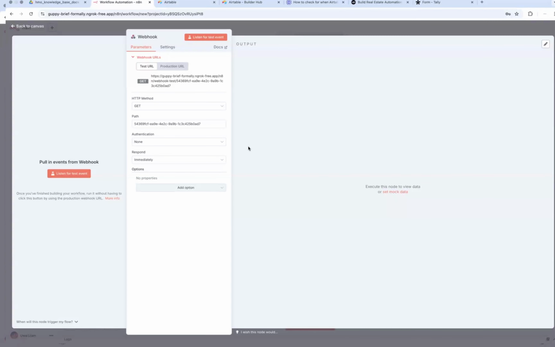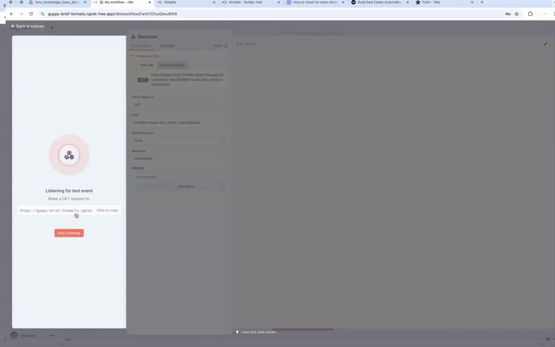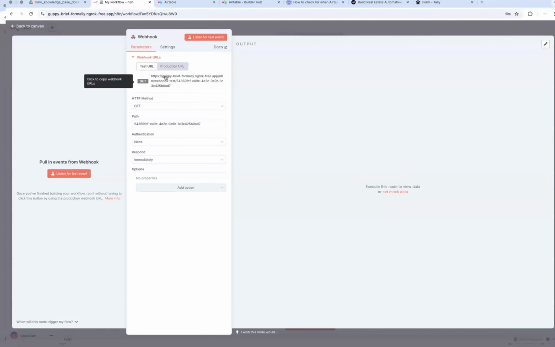If I select on webhook call, it then gives me a URL, and this URL specifies what either Airtable needs to call, or what the form needs to trigger when a submit has been made. So this URL is for this workflow. Here we can listen for events. Okay, let's stop listening actually, and then copy this